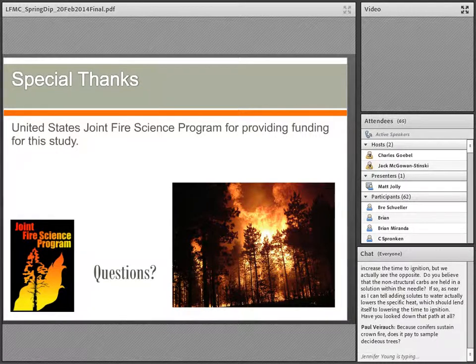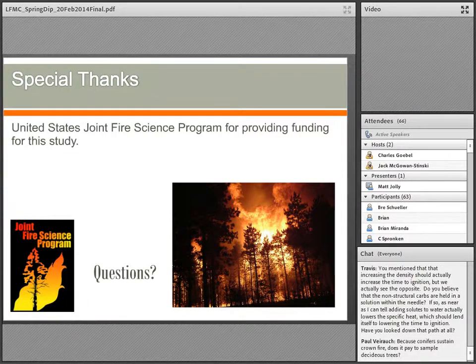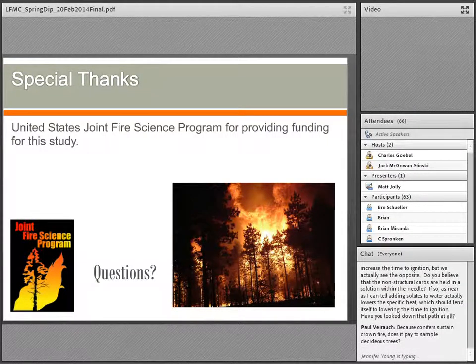I don't know that it pays to sample deciduous trees, but I think we still have to show what makes them different. We know that with those trees, there's a big geometry difference in the shape of the tree crowns and the shape of the leaves and all that stuff. So it becomes pretty hard to separate out what the influence of just a change in leaf shape is if we held everything else constant.